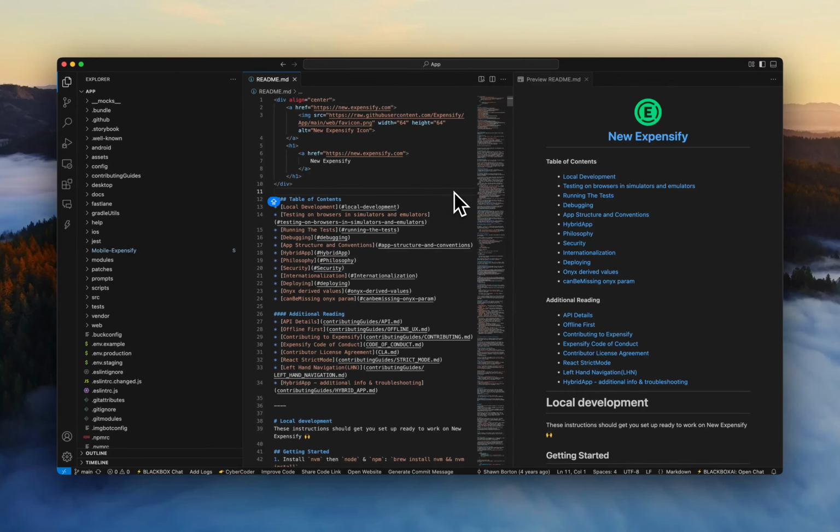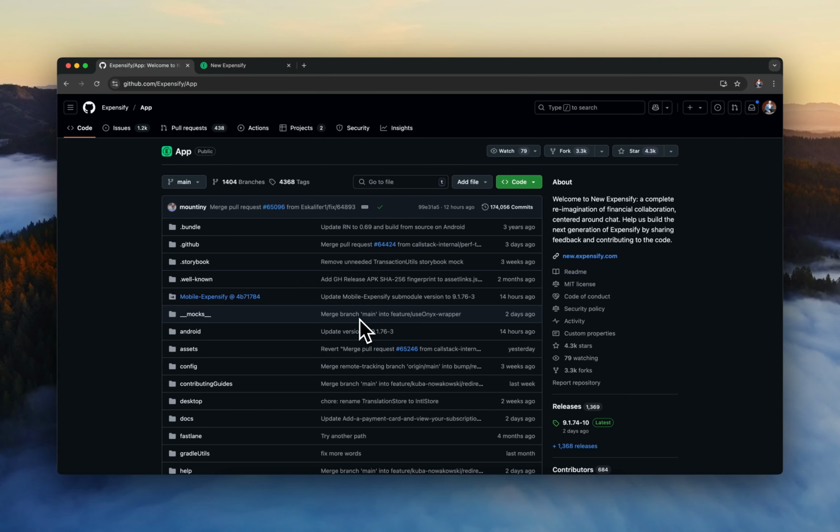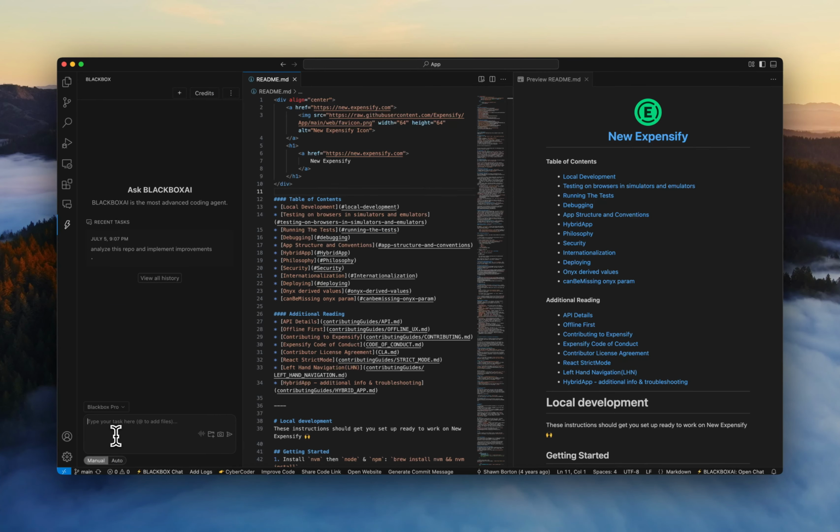In this video, we're going to go through an example on this code base, which is the Expensify open source app. So here we can see this is the actual app. This is the open source repo. And we're going to ask the BLACKBOX AI coding agent. We're going to tell it, I want you